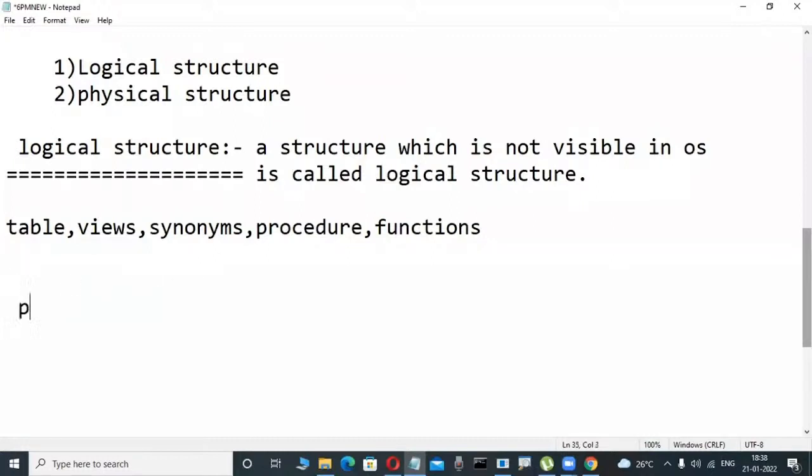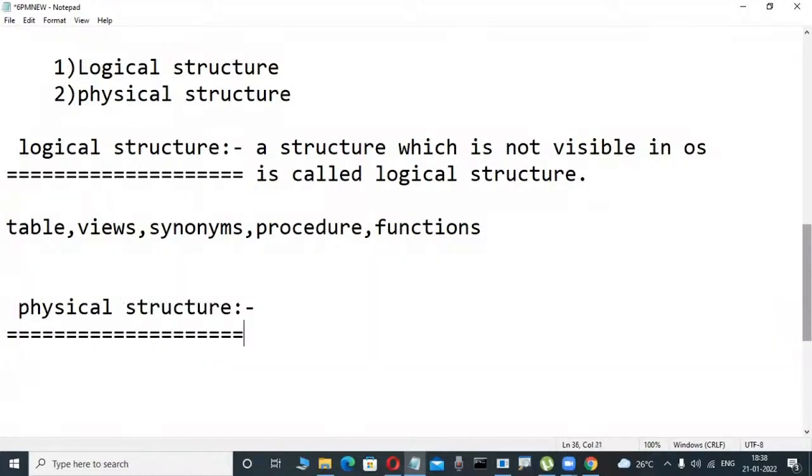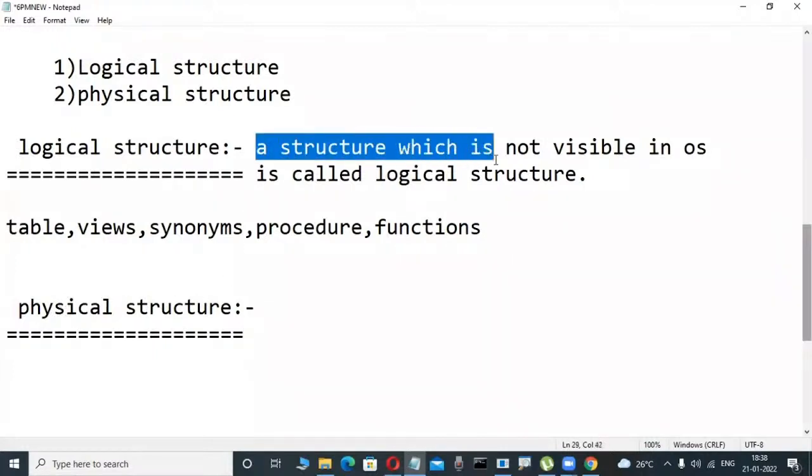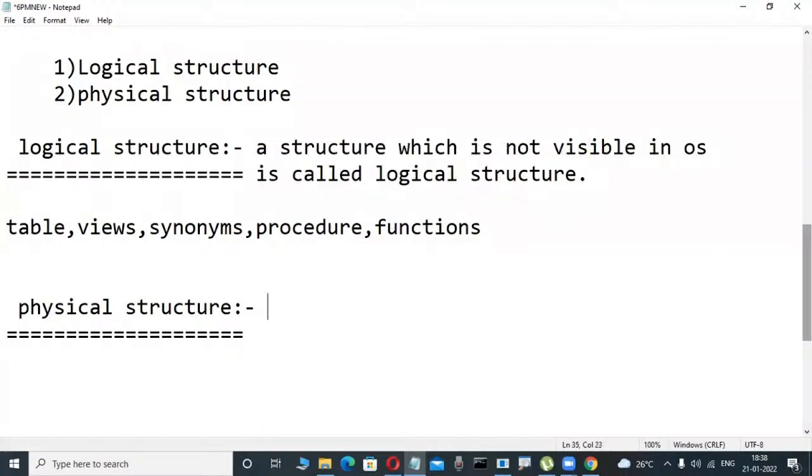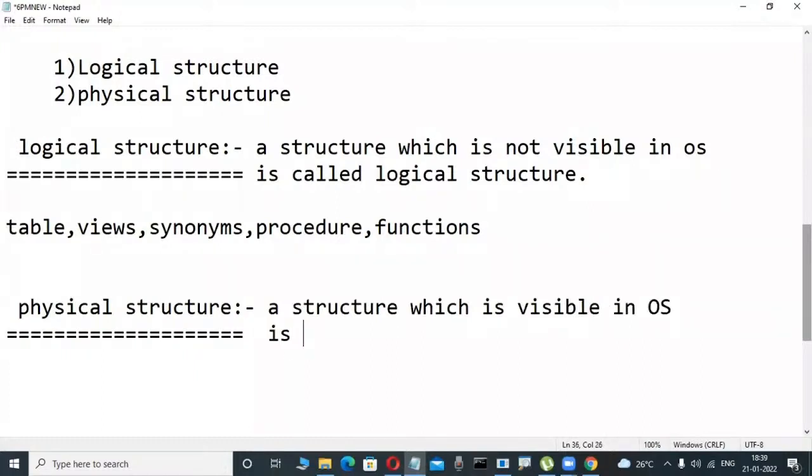Now observe it here. What is physical structure? Don't write it down. Just roughly observe it here. Physical structure is there. Now, just for the idea. What does physical structure mean? This is the opposite. A structure which is visible in the operating system, visible in the OS, is called physical structure. Who are the persons working in this physical structure? Observe it here. It's a big concept. I'm only telling the definition side, because what is a database today I'm